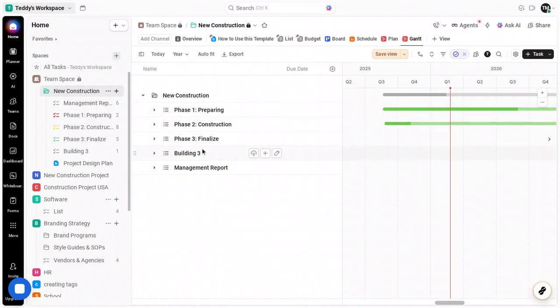Gantt charts can look intimidating at first, but with a little practice, they become one of the most powerful planning